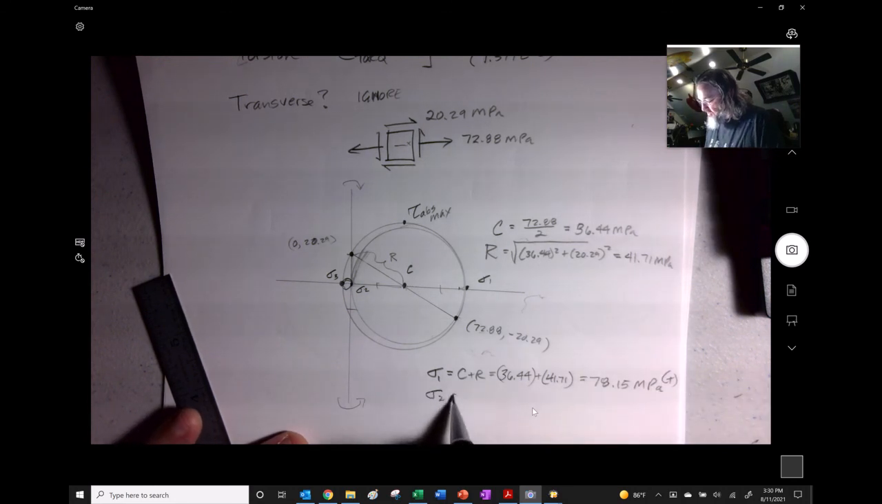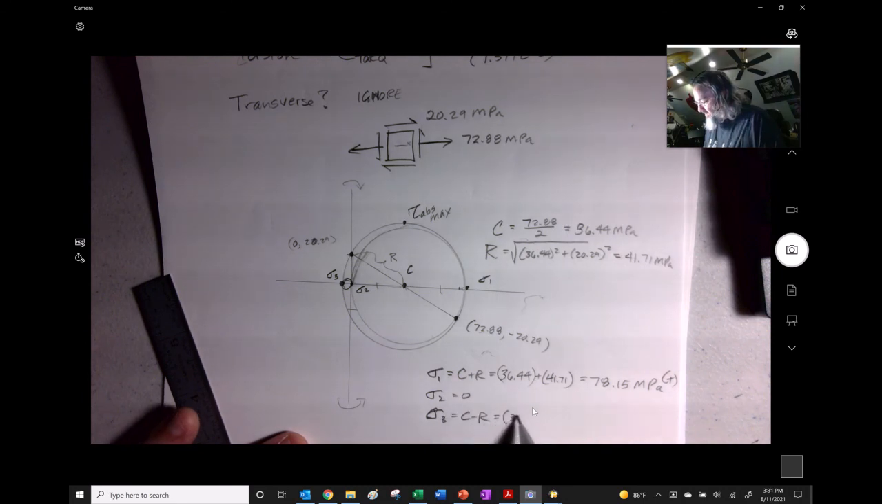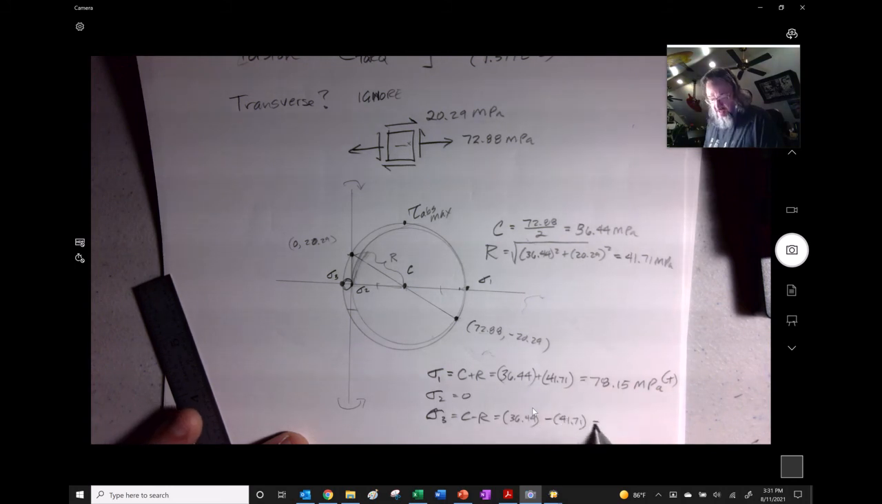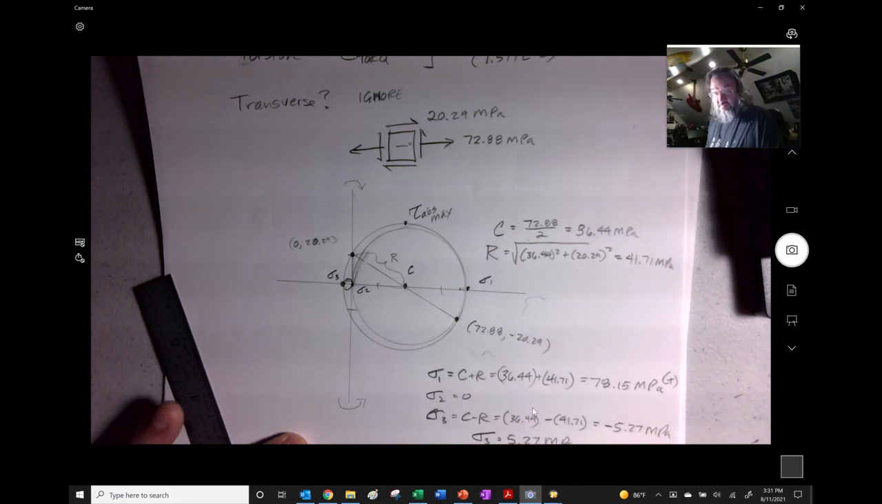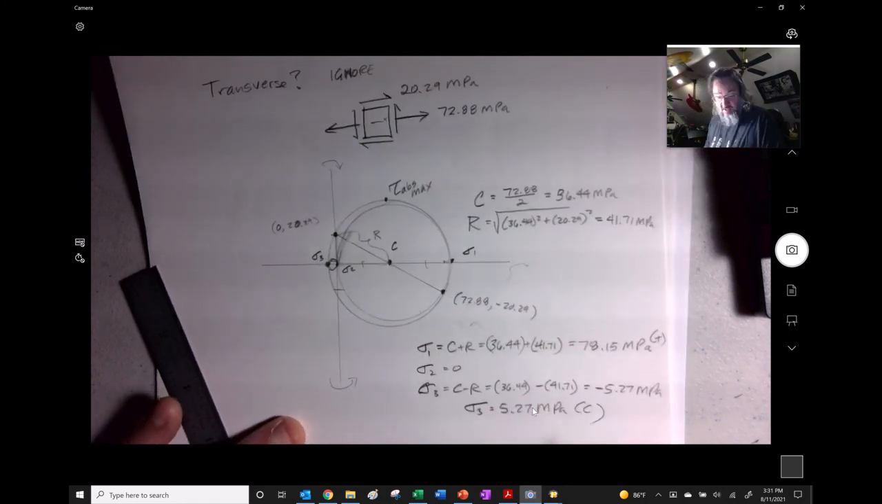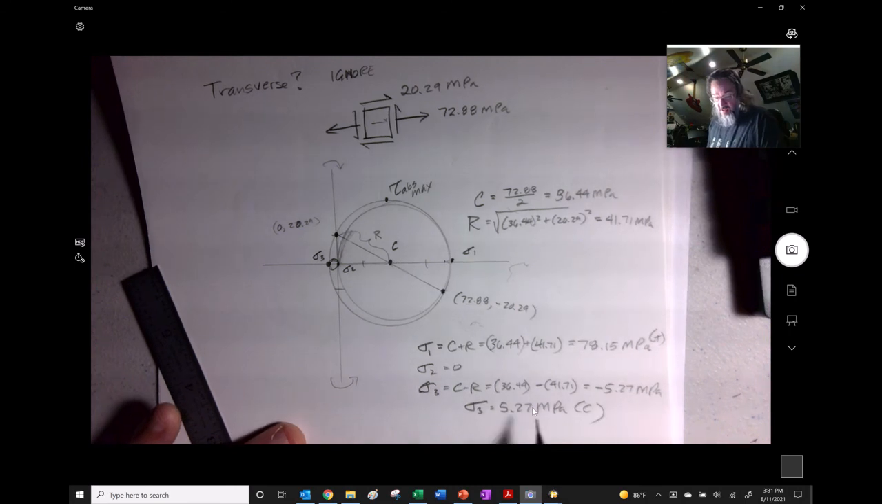Sigma 2 is equal to 0. Sigma 3 is going to be C minus R, and it's going to end up being a negative number, right? So therefore, it's going to be compression, and we get a negative 5.27. So sigma 3 is going to be 5.27 megapascals compression. And we know,